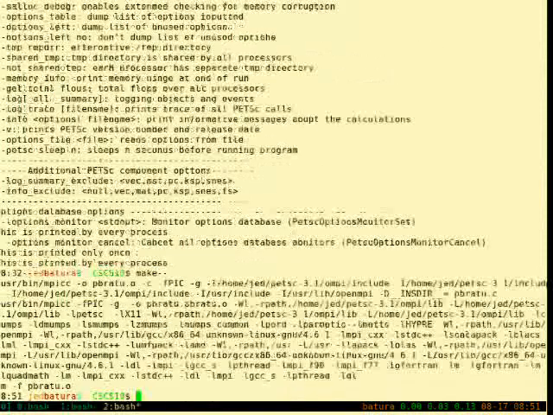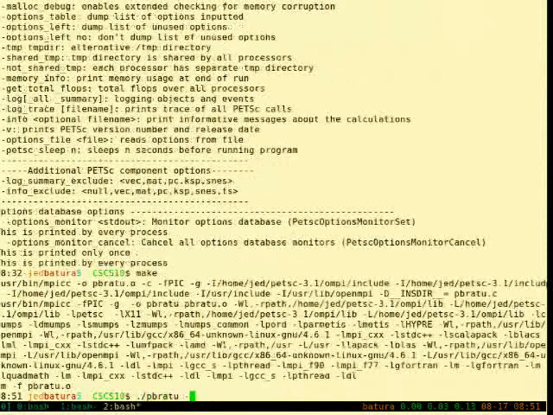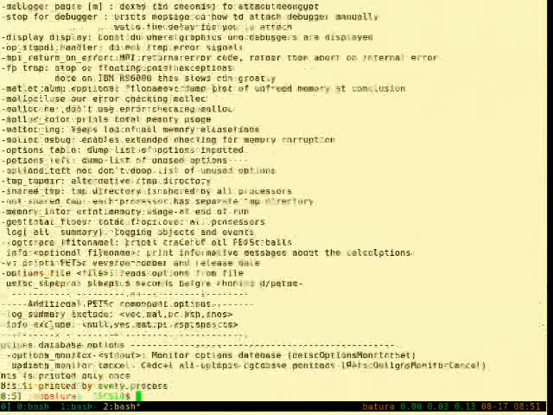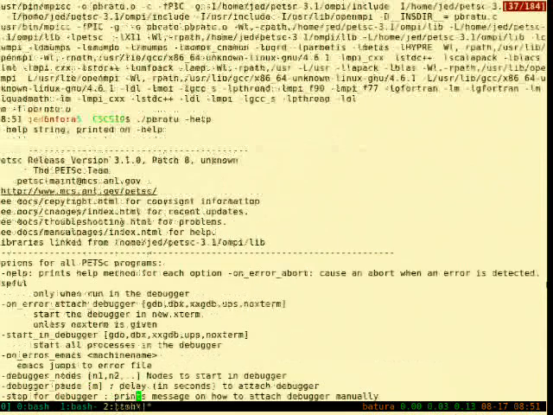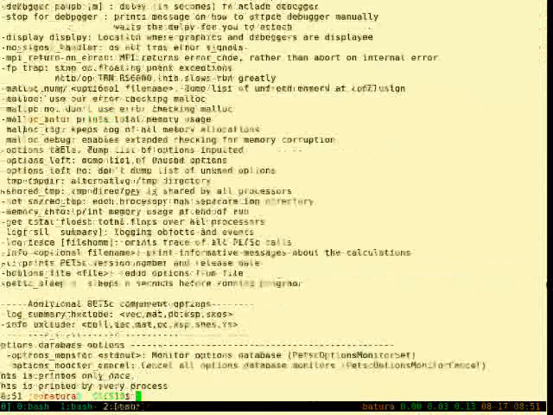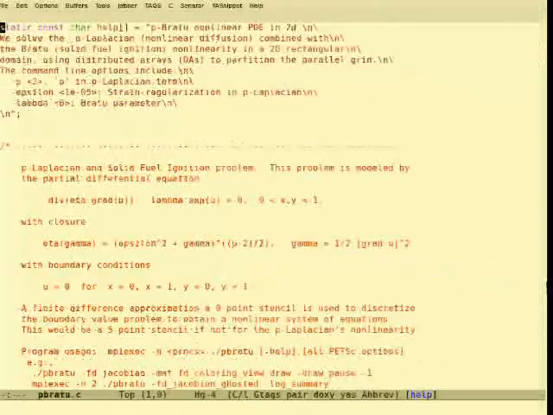So I can compile this thing, and then I can run it with -help, and I see a list of options that PETSc gives me for manipulating these debugging features and the options database, which we'll talk about shortly, which is the way we like to configure solvers typically. So we get these kind of options about debugging. The source code there.